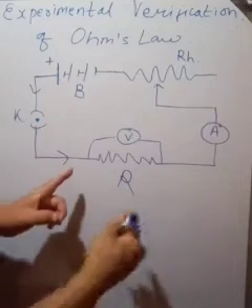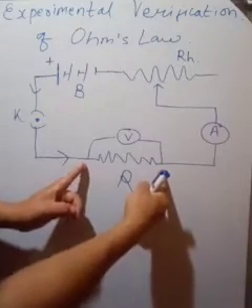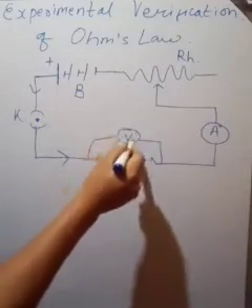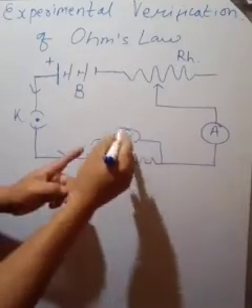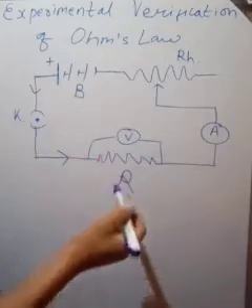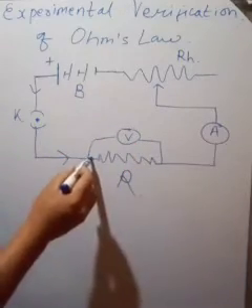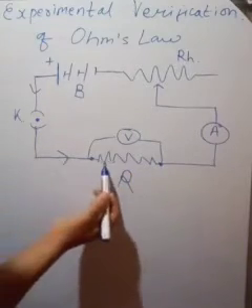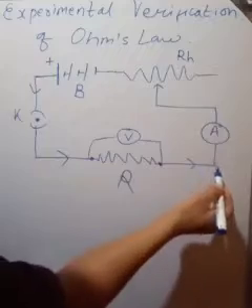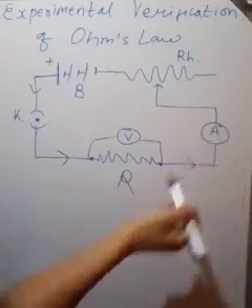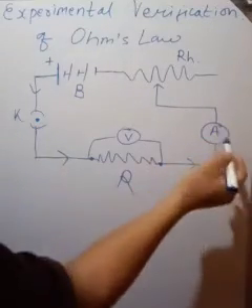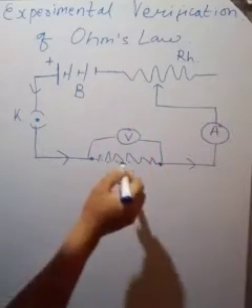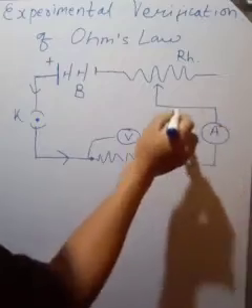On these two ends of this resistance we have connected a wire. There is a machine, this machine is V, which is called a voltmeter. The voltmeter measures the potential difference between these two points of this resistance. Current flows through this resistance and goes towards another machine. This is A, called an ammeter. The ammeter measures the amount of current flowing through this wire, and finally it will reach